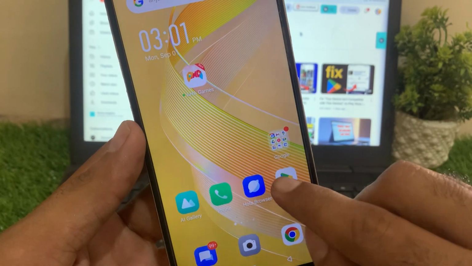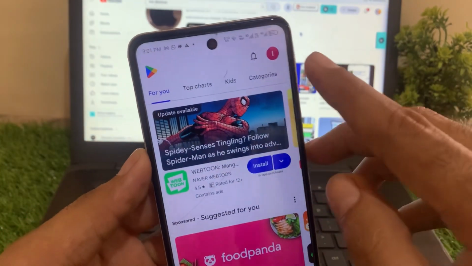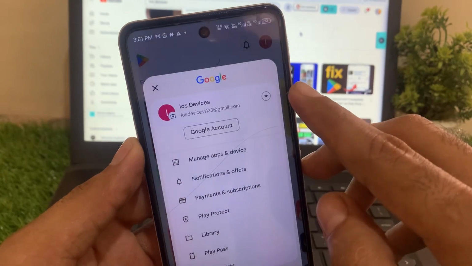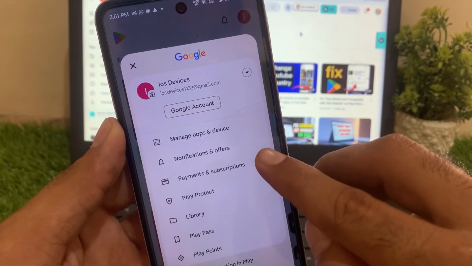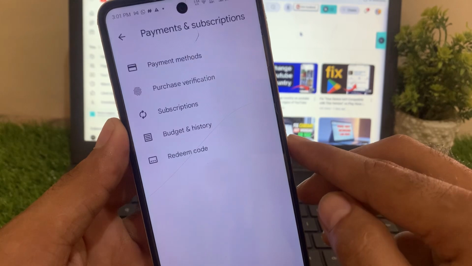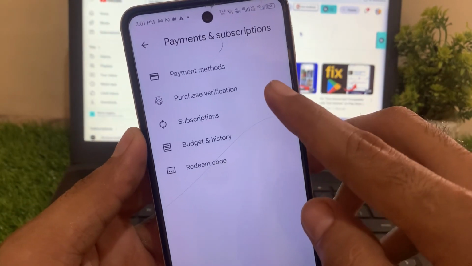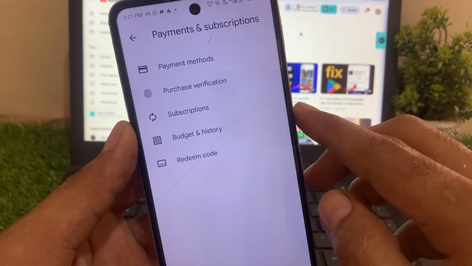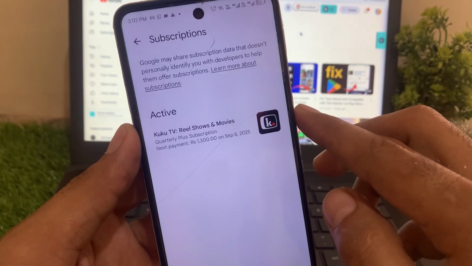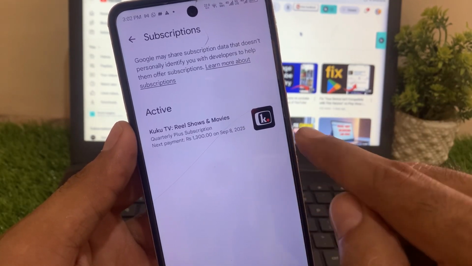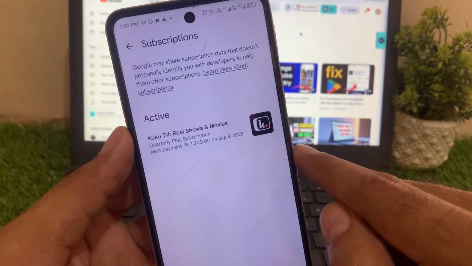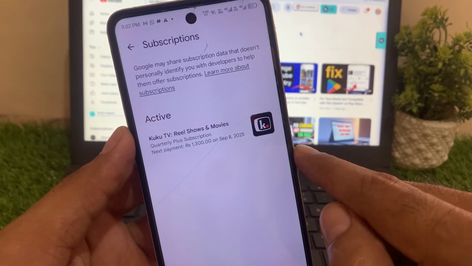First of all, open Play Store and now click on the profile icon, then payments and subscriptions, and here click on subscription. You can see I have an active subscription. Now how can I remove it? First of all, go back from here